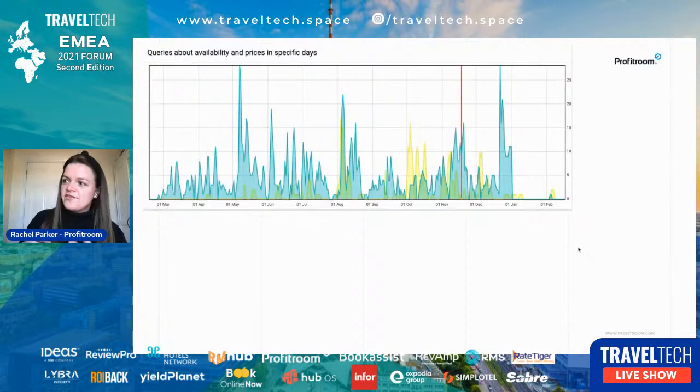So going then on to some other areas of the suite is the reporting. So with my sort of revenue manager hat on, this is an area that I really love of the PROFITROOM suite. So this is one of our reports, which is a demand analysis report. So this allows you to see not only when people are searching for dates, but for what dates they're then